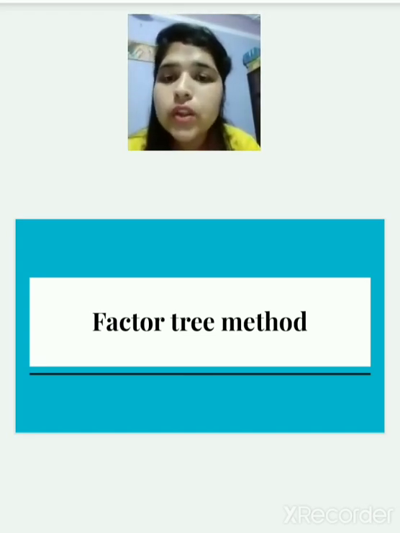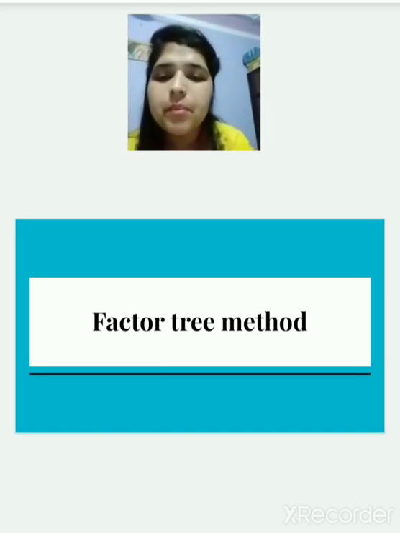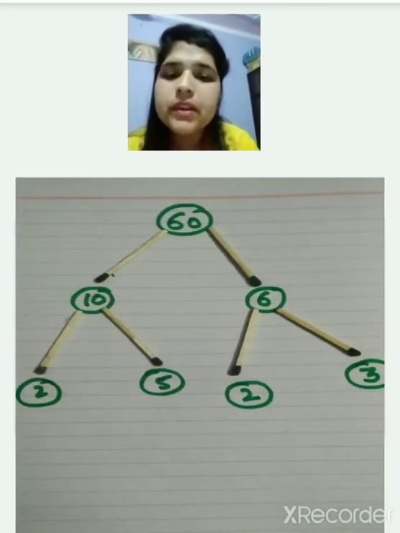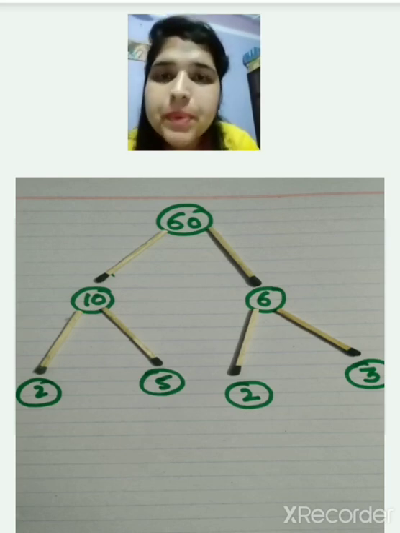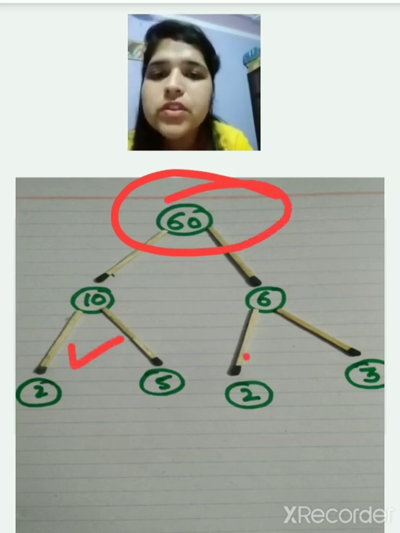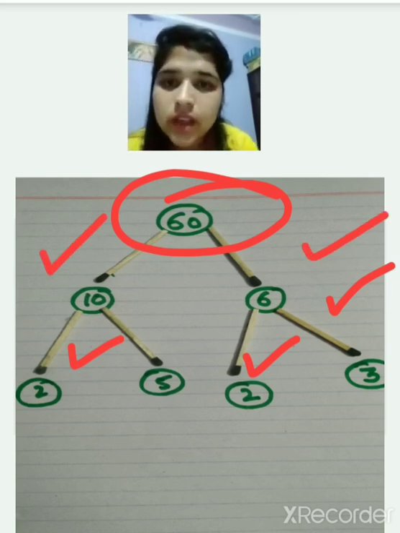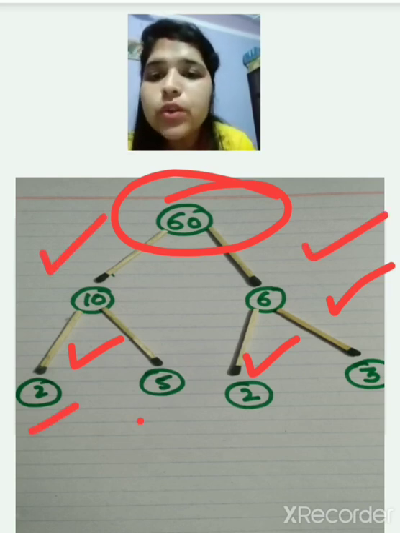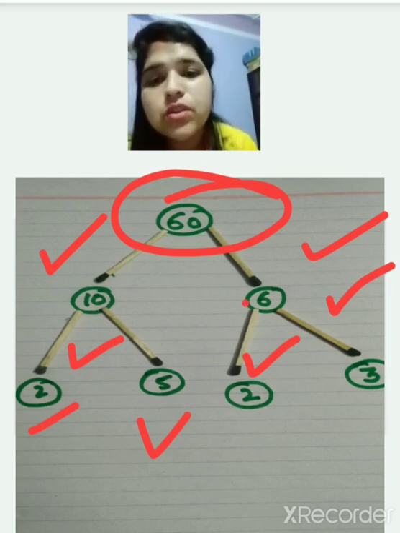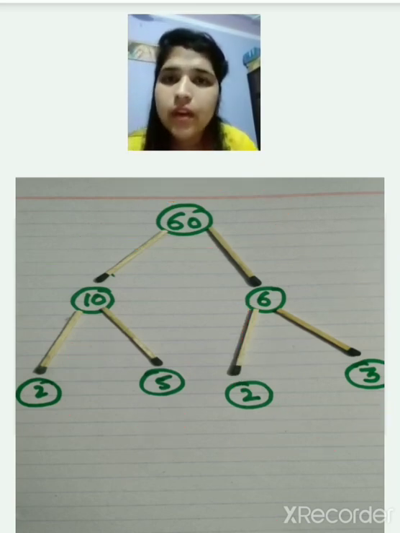I am showing you 1-2 examples of how you have to represent. Let's see the first example. This is our first example, that is 60. How have I represented this? I have made the factors of 60 with the help of matchsticks, and you all have to do the same. I have broken 60 into 6 times 10. Now I have broken 10 into 2 times 5. 2 times 5 is 10. Now I have broken 6 into 2 times 3. 2 times 3 is 6. In the same way, this is the first question I have done for you.